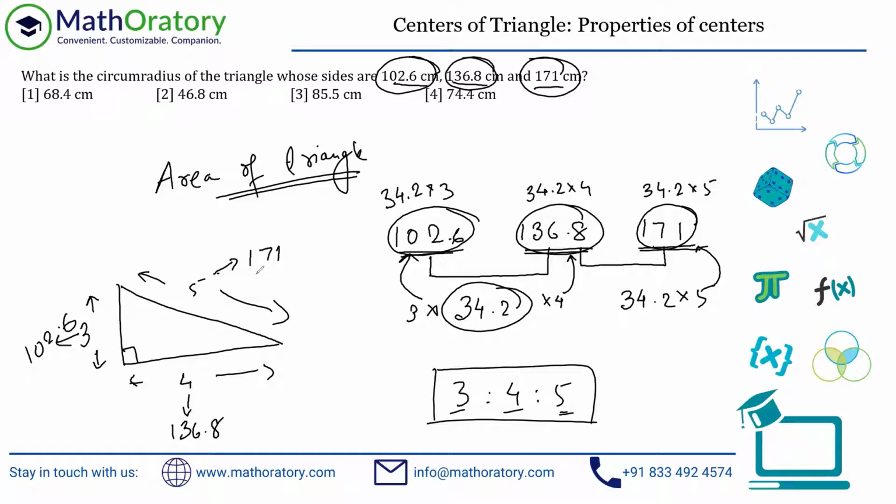And this was my objective. So by calculating the ratio, I was looking for what sort of triangle. It is very difficult to see that it's a right angle triangle once you look at the given numbers. But if you reduce it to the reduced form of the ratio, then I hope most of you can figure this out. I mean, this is a right angle triangle, right? Now, coming to the question, so we are looking for the circumradius, right?